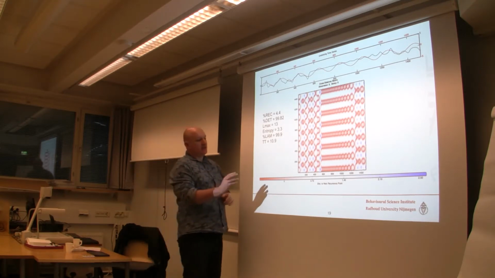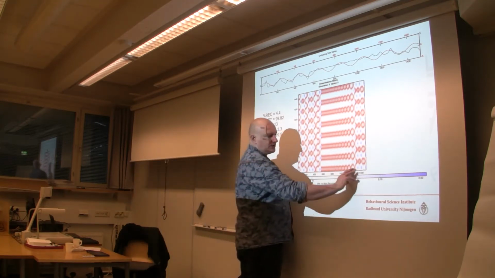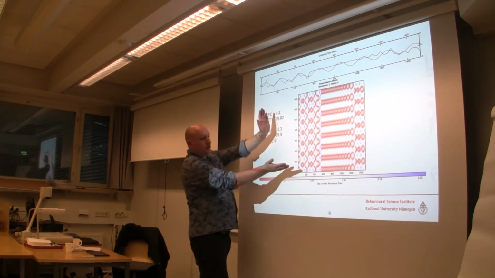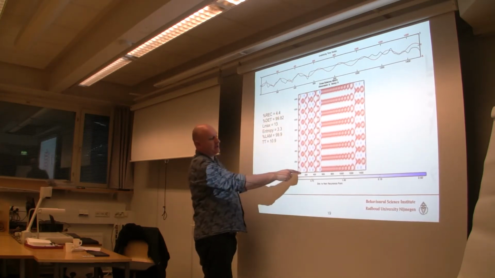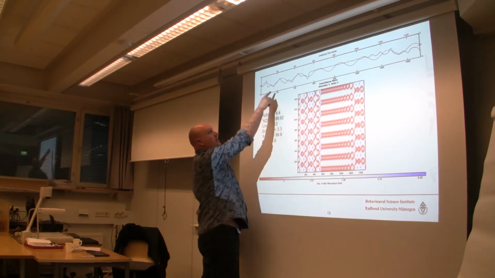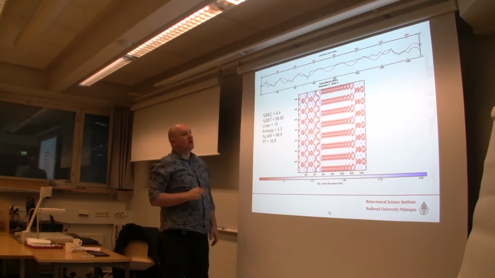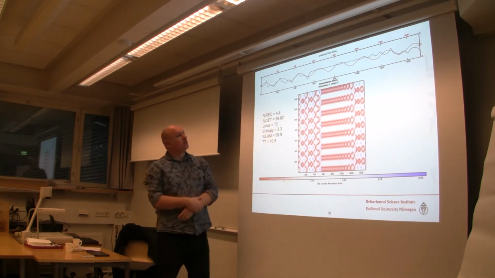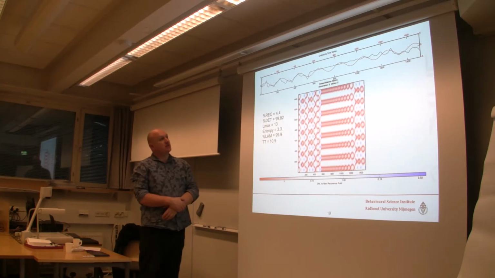So you now have to imagine that one of these time series is plotted below here, and one of them is plotted here. And what we're looking at right now is the distances that exist between